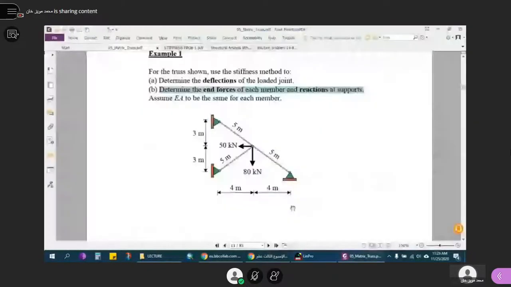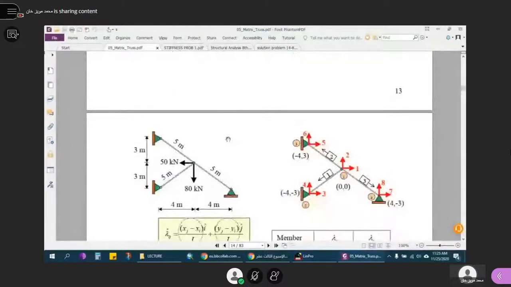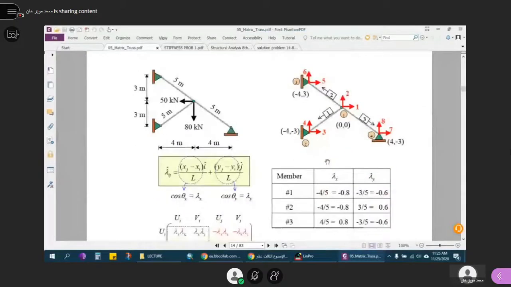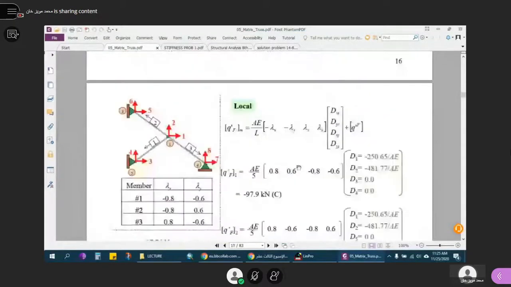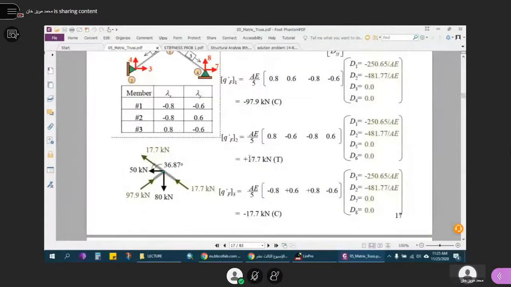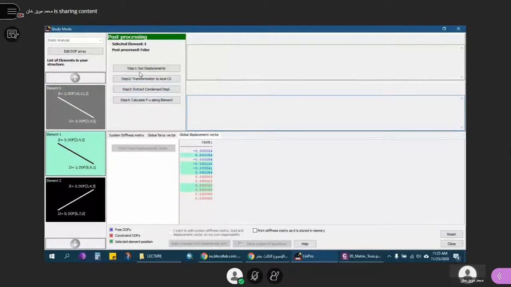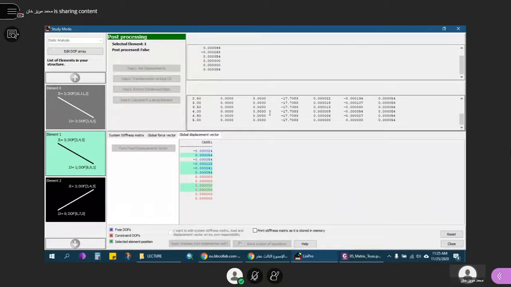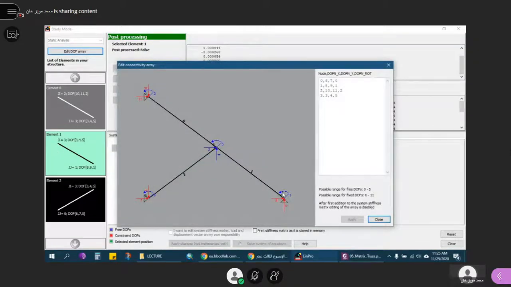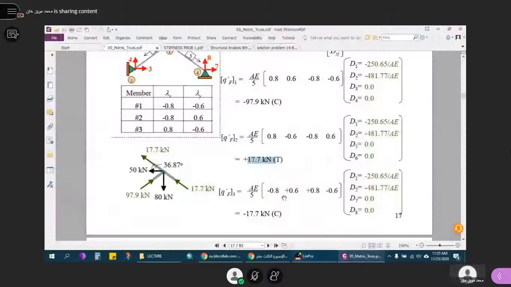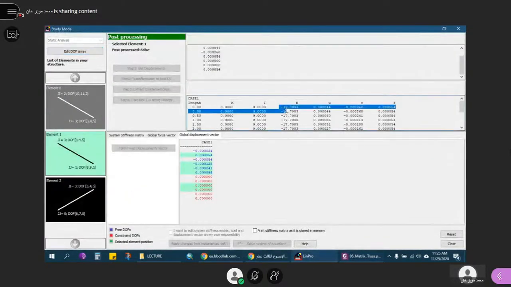In our textbook, what is this element? Let us see. This is element 2. So for element 2, the force in the member should be 17.7. As you can see, for element 2, the force in the member is 17.7, and this is what we got here, 17.7. Clear? Next we have element 1. Get displacements, and this is another case, element 1. What is element 1 in our case? This inclined member again. That is nothing but 17.7. This is a 3, as you can see here.